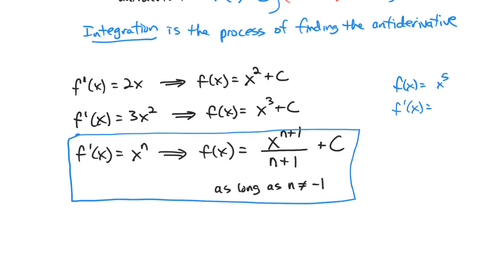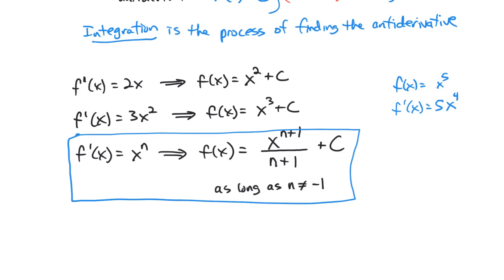So the power rule says the 5 comes down. We multiply by x to the fourth because the power goes down by 1. If you look at this, you'll see we're doing the opposite of that. If the power increases, it was x to the n, it's x to the n plus 1. Instead of multiplying, we're dividing. But it's very similar, though,